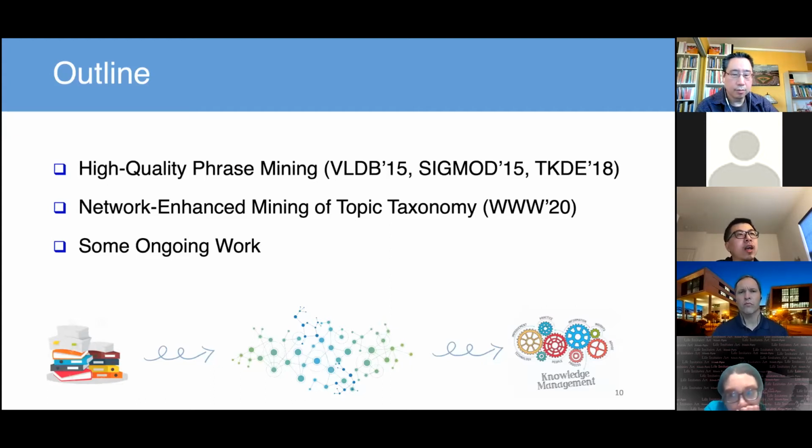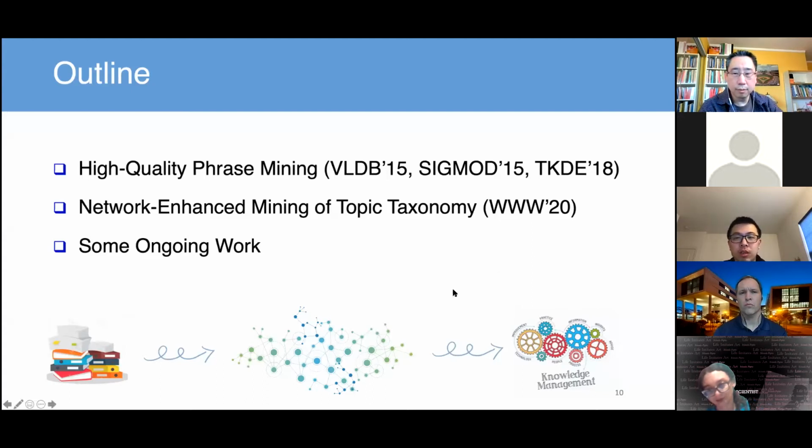In the end, I will conclude the talk by discussing some ongoing work and showing that in the near future we can expect methods that are even unsupervised, without the help of a knowledge base. As long as you have a significant number of documents, say 100,000 documents or maybe more than 1 million, we can do these extractions without any help. All the information is already embedded in the documents themselves.